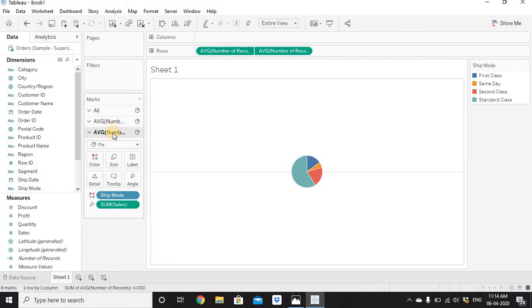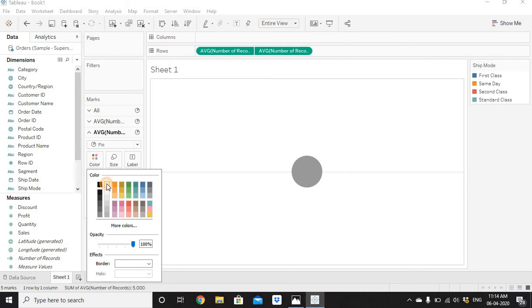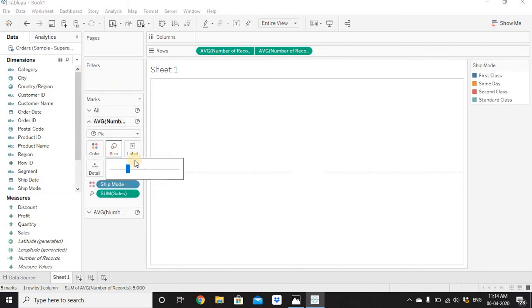From this mark section, go to second average number of records, and let's remove everything from here. We'll get a gray color circle. Go to its color and put white color. Now let's go to first average number of records, go to size and increase its size to get the donut